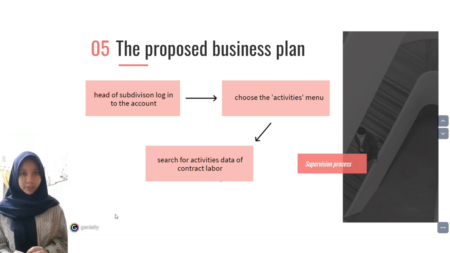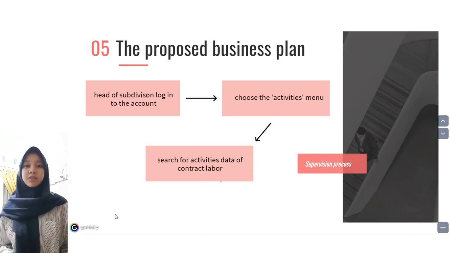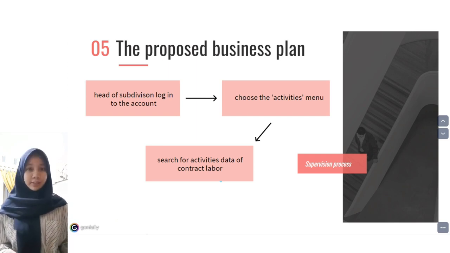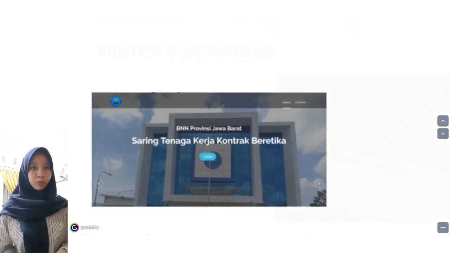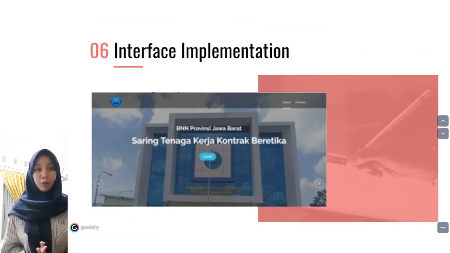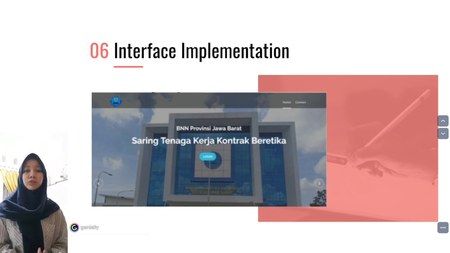The last activity is the monitoring activity. It is handled by the head of subdivisions. The process is that the head of subdivisions logs in to the system and then clicks the activities menu, and then they can search the activities data from the contract employees that they want to monitor. Now let's continue to the next